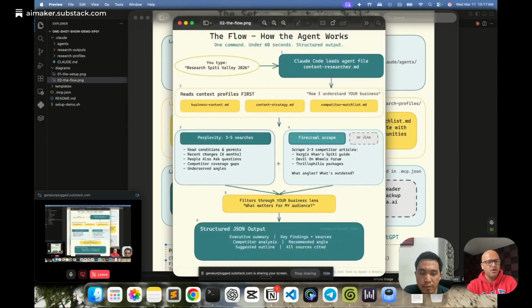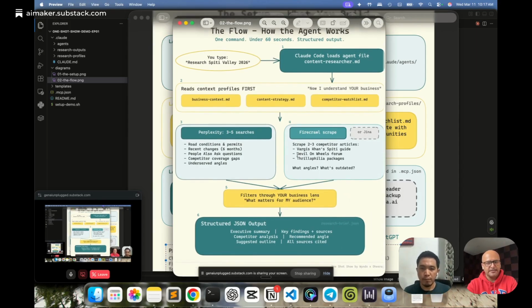Then it is going to do a Perplexity search, which is, like Window said, AI-based search. And these are some of the things it might try to search about: road conditions, permits, because it now understands the context from here. So this is what the search would go in from Claude as an agent. And this is where the competitor angles and outdated things would come into play. Interestingly, it has this Devil on Wheels as well, which is nothing but my same blog.